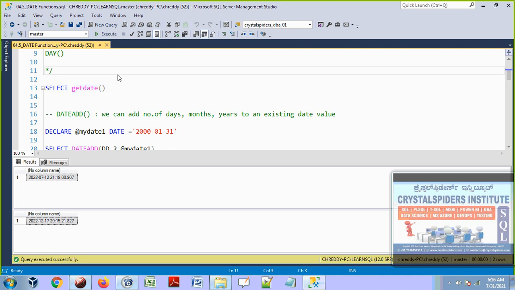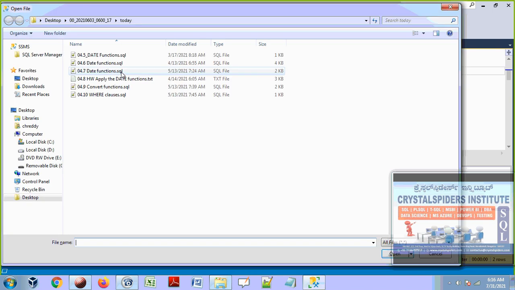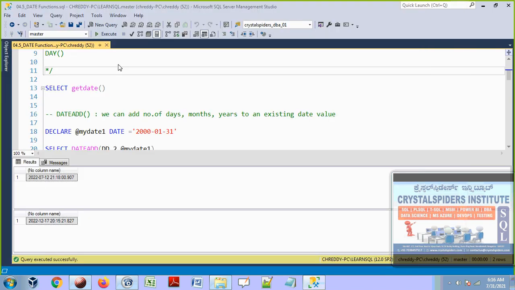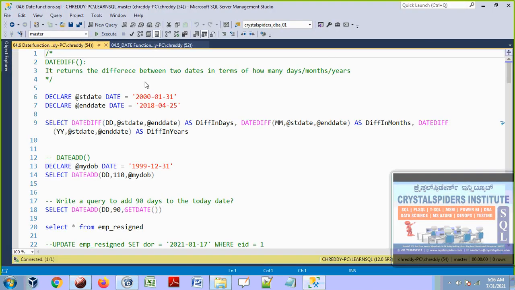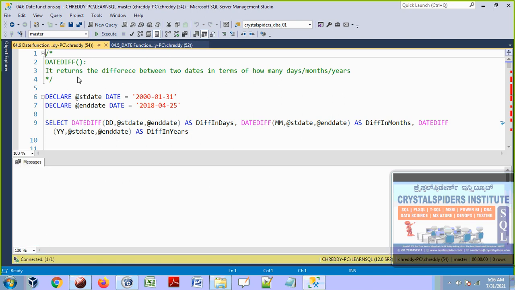Okay guys, now we are moving on to understanding more about these date functions, and we'll do some more practice as well. Next we have DATEDIFF. DATEDIFF shows the difference between 2 dates.